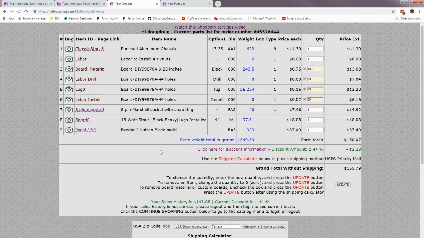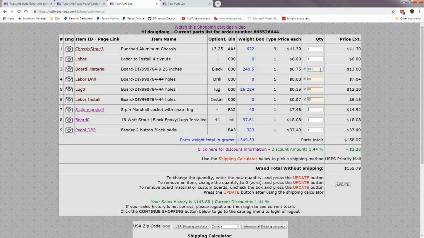Now here is my shopping cart. Previously, I told you about adding this custom board over here. Let's say I wanted to delete this board, and you notice you can't enter any quantities over here. I'm putting 0 right there, can't do anything with it. The yellowed out fields mean you can't change the quantity because it's a custom board and all that information is in your custom board file. So you can't change it to 16 inches instead of 18.5 inches. You can't change number of holes.